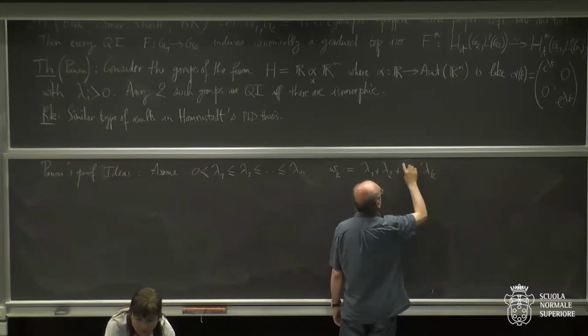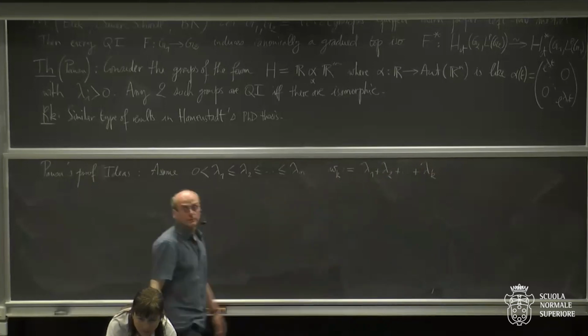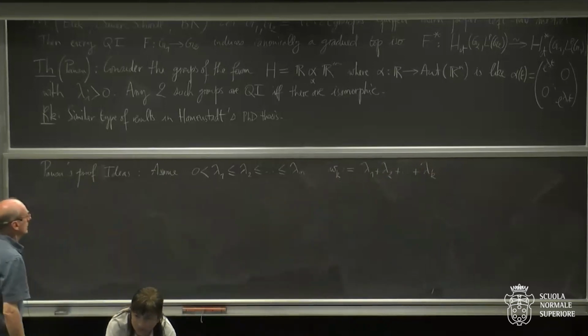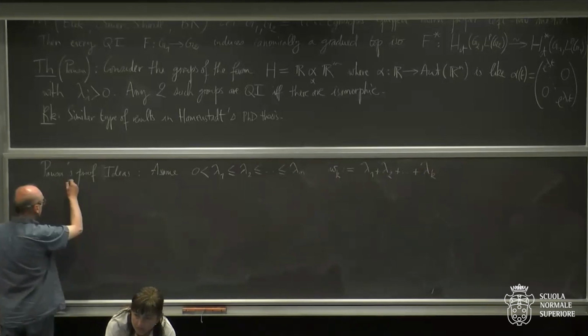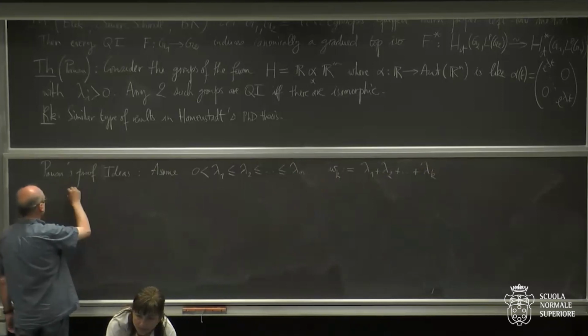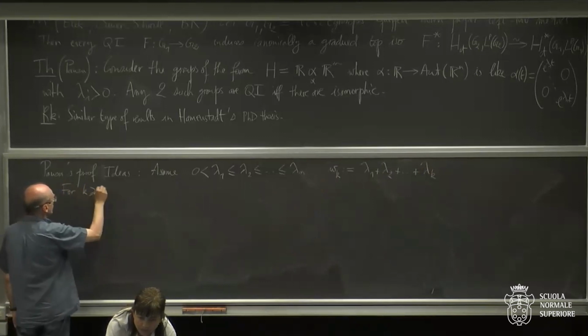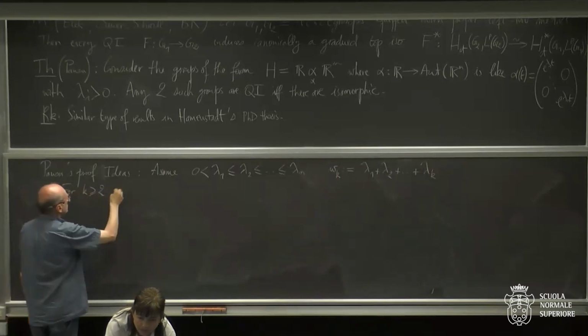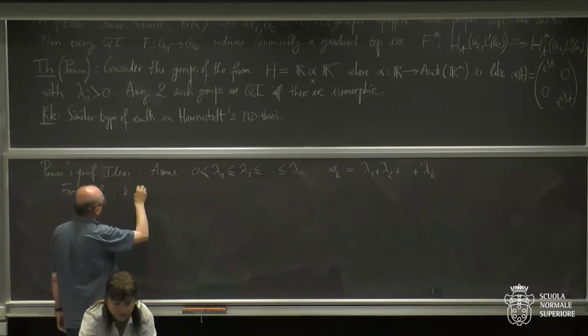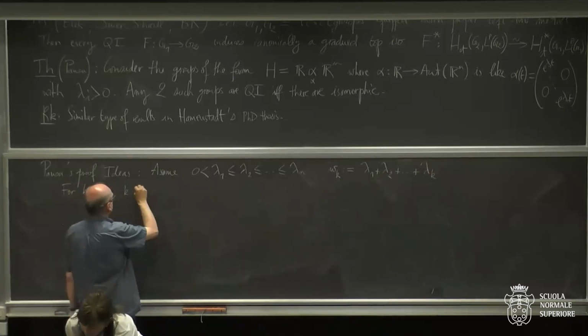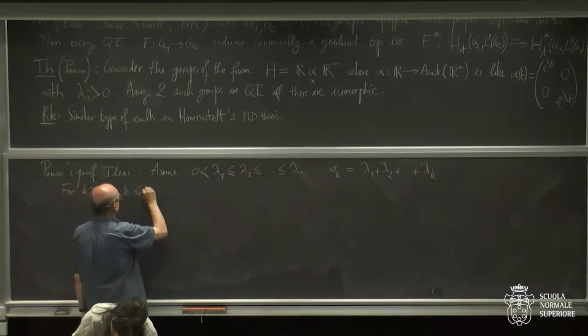So the sum of the k first eigenvalues. And what Pansu proves is that for k at least 2, and of course k, I think, smaller than n,